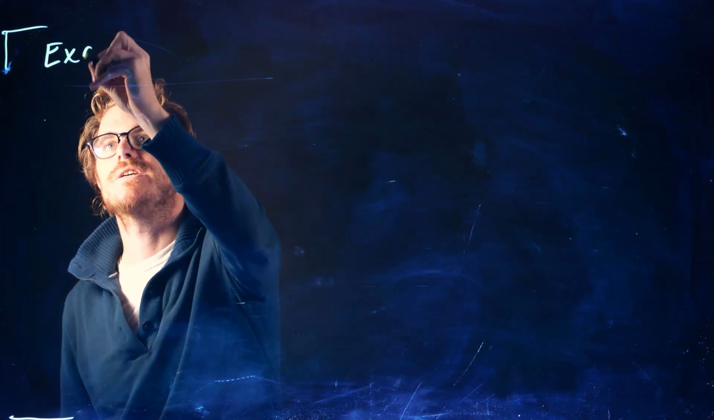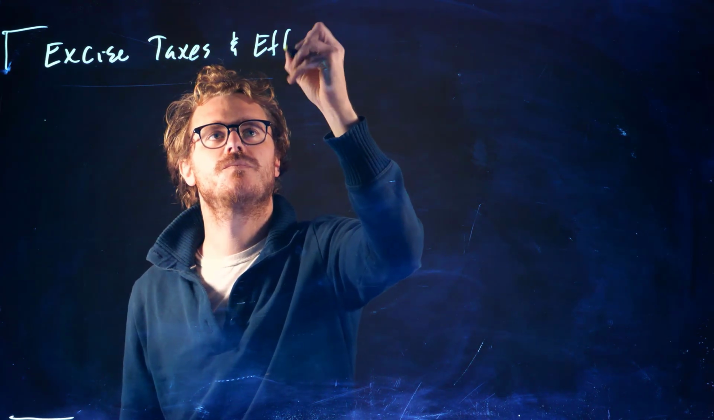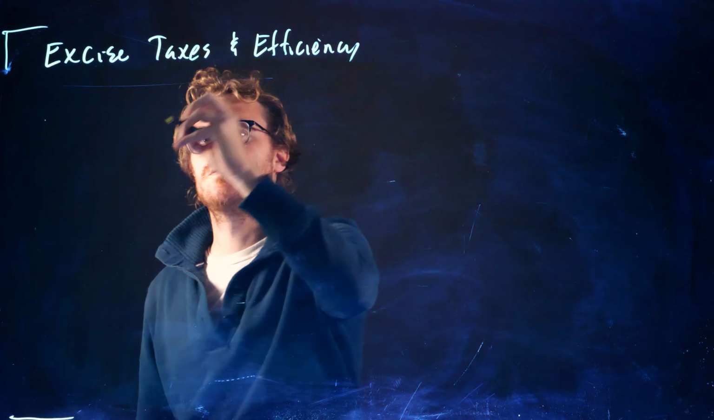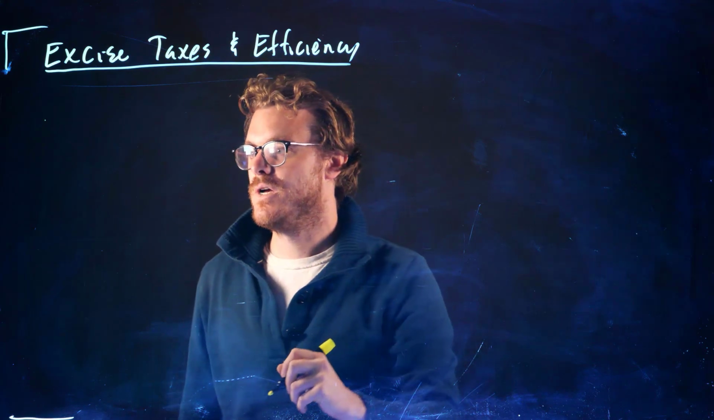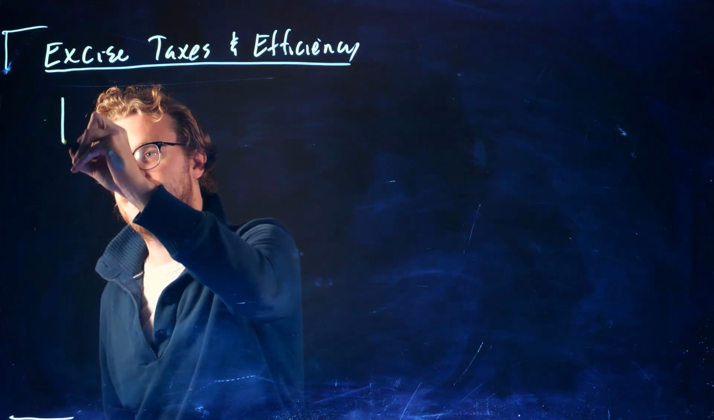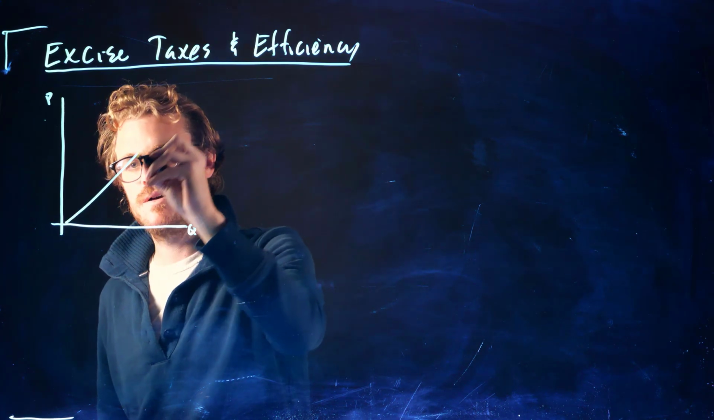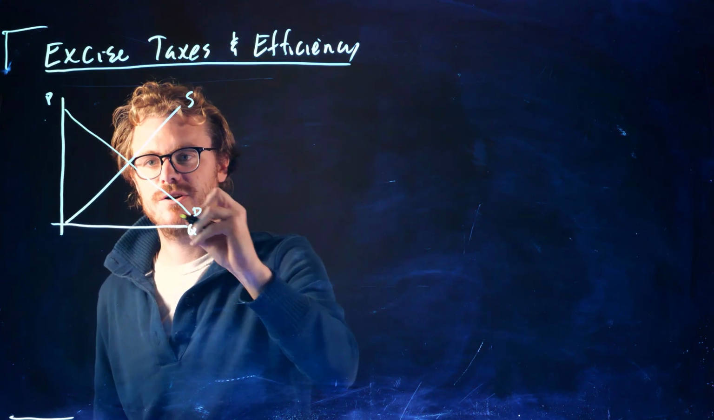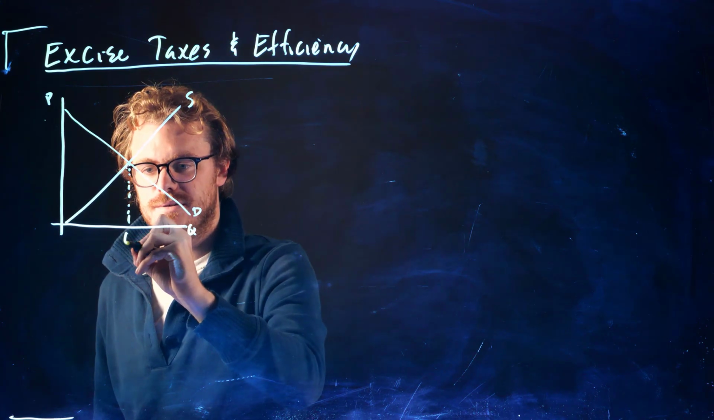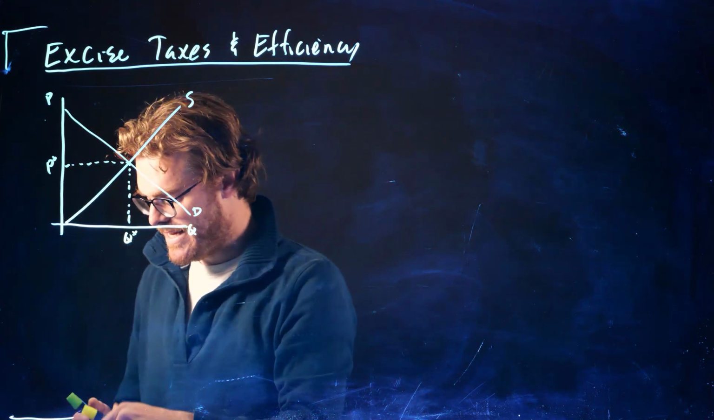So let's start our analysis of efficiency and government intervention with taxes, so excise taxes in particular. All right, so let's first remember we're going to draw out our market. So price, quantity, we have this upward sloping supply curve, downward sloping demand curve. These competitive market assumptions hold. This is the Q star, which is allocatively efficient. Here's the P star. So let's say there's a tax